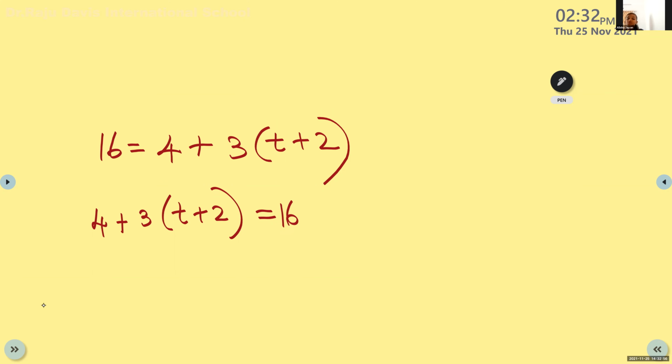My answer is 2. T is equal to, how much you got? 2. Yes, T is equal to 2 you are getting. Yes, correct. Okay. What about others? Anybody got the answer? Ma'am, I did not understand this problem. Fatima? Yes? Okay, Fatima,